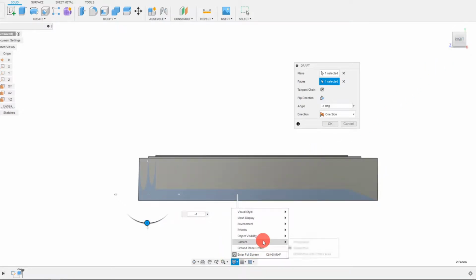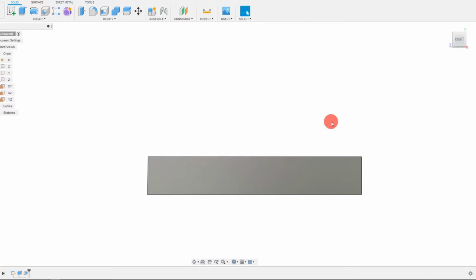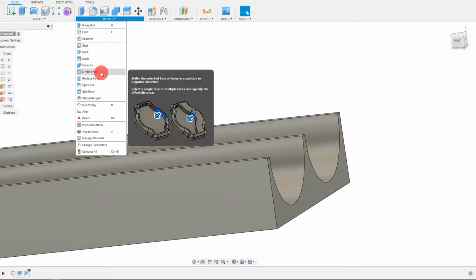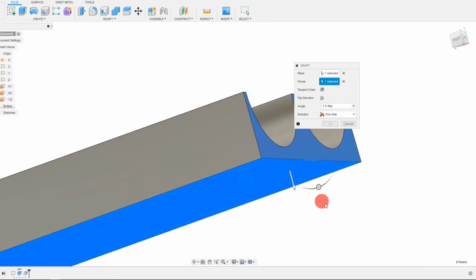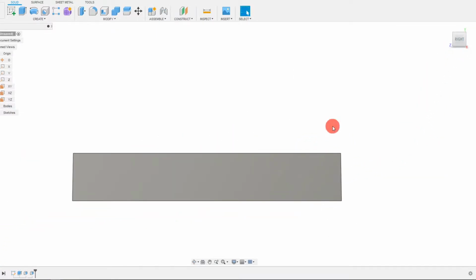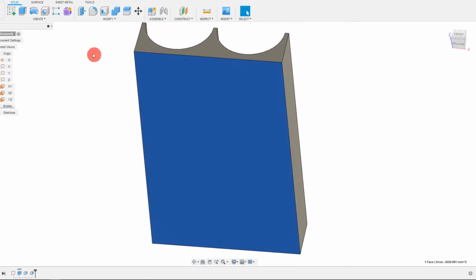And I'm going to choose to make this camera orthographic because I want to do the same thing here on the other side. I'm going to come to modify, draft, this plane, this face, 1 degree coming in, and we're going to hit OK. Now that we have that set up, we're going to click on this face, bottom face,